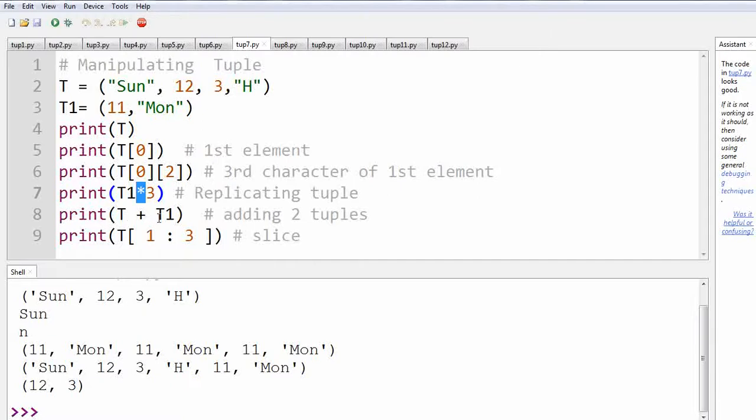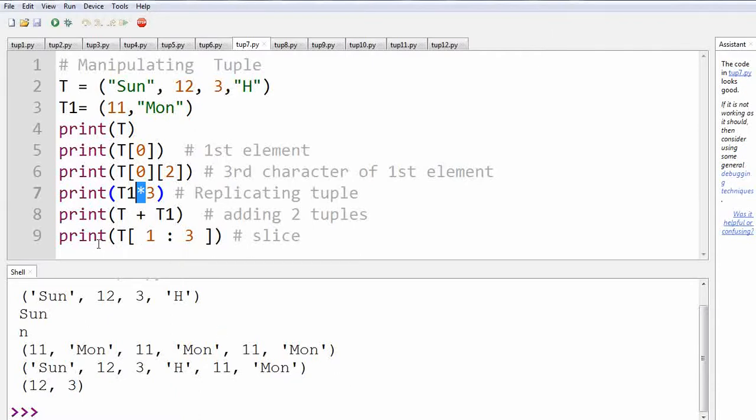Then T plus T1: as you know, in case of list, this is to concatenate two lists, and in case of tuple, it will concatenate or add two tuples. So you will get the first tuple Sunday 12 3 H, and the second tuple 11 Monday. So they will be joined together.